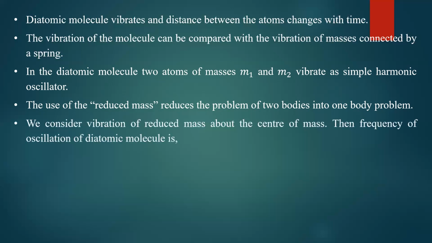We consider vibration of the reduced mass about the center of mass. Instead of taking vibration of the two masses, we consider vibration of a single body whose mass is equal to the reduced mass of the system, and its vibration about the center of mass is considered. Then the frequency of oscillation of the diatomic molecule can be given by nu OSC, where OSC stands for oscillation, equal to 1 by 2 pi into square root of K by mu. Here K is the force constant of the bond and mu is the reduced mass of the diatomic